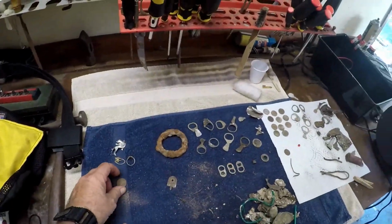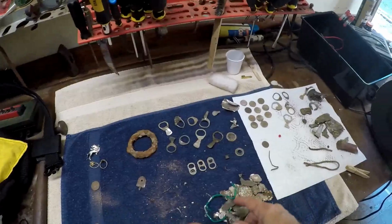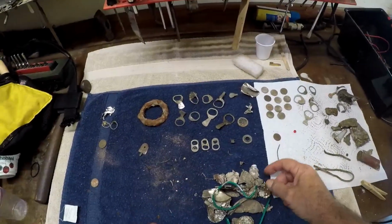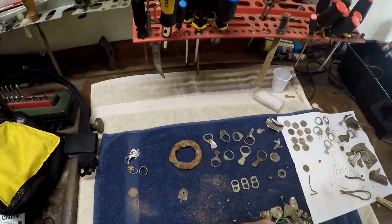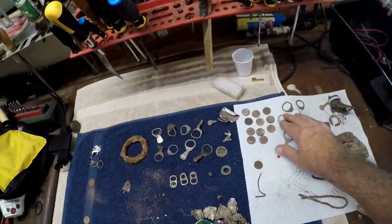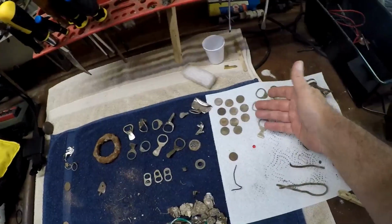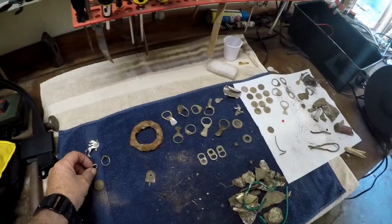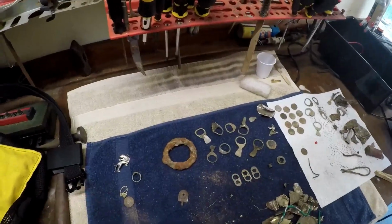This is what I came up with. Tons of junk. I mean, absolutely can slaw, little pieces of aluminum, lots of pull tabs, mostly the old style. There was a bunch of them over here on this hunt. I didn't have any modern ones on this day over here, but a bunch of them. I did find 2 rings. They're junk,